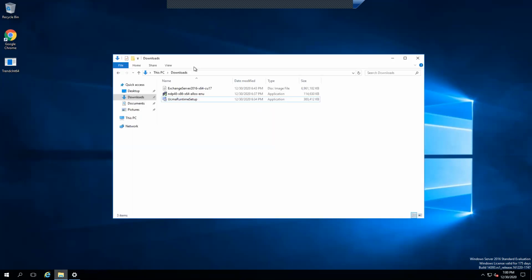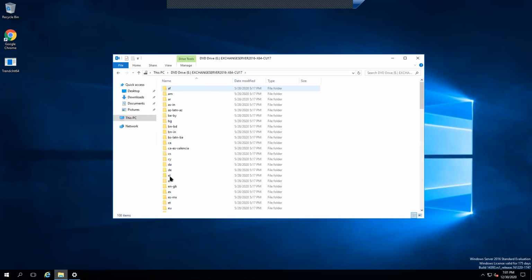Now Exchange. Double click on the Exchange disk image file, that will auto mount and it will extract it. Just hit enter, automatically it will do the job.